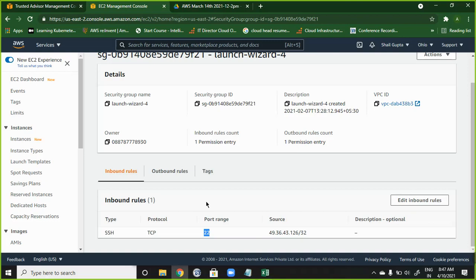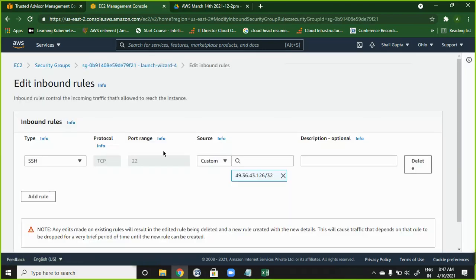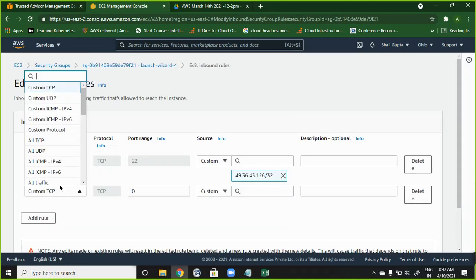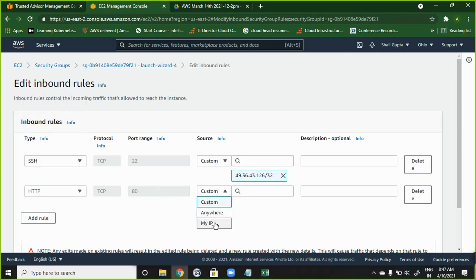But instead of SSH, if it is HTTP, it will not show the risk. Why? HTTP is for the internet, right?